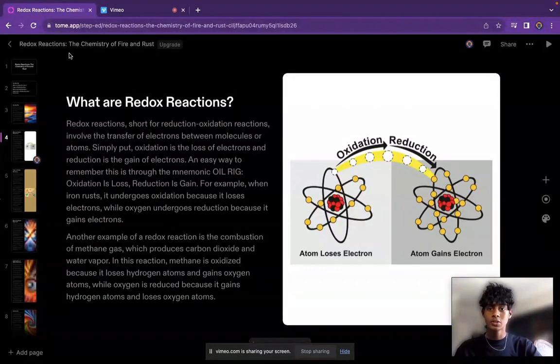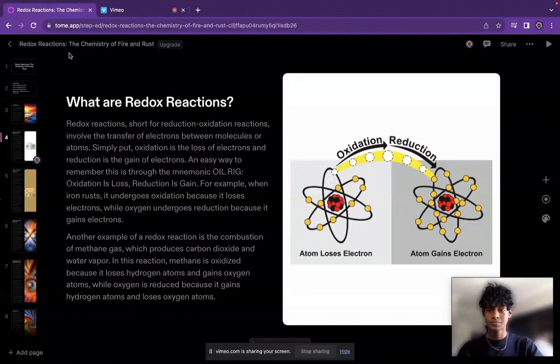Redox reactions, short for reduction-oxidation reactions, involve the transfer of electrons between molecules or atoms. Simply put, oxidation is the loss of electrons and reduction is the gain of electrons. An easy way to remember this is through the mnemonic OIL RIG. Oxidation is loss, reduction is gain. For example, when iron rusts, it undergoes oxidation because it loses electrons, while oxygen undergoes reduction because it gains